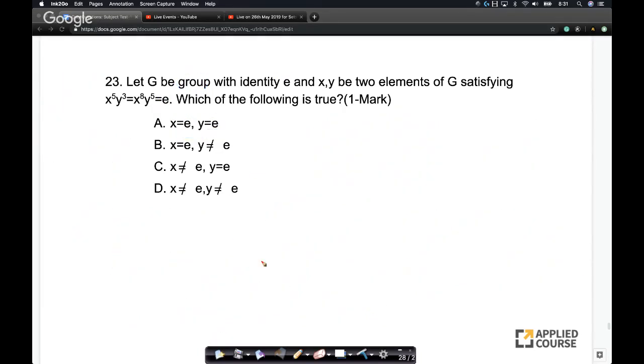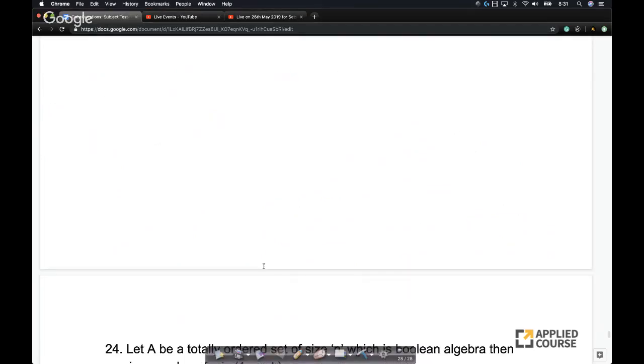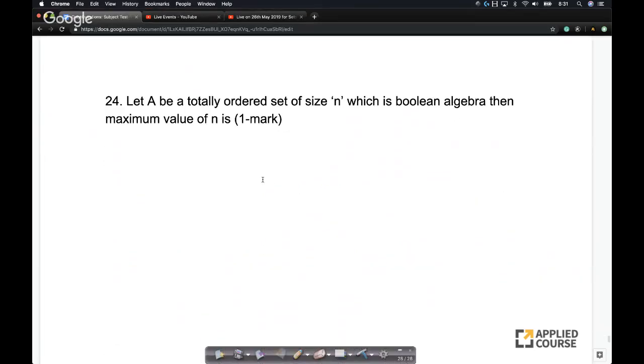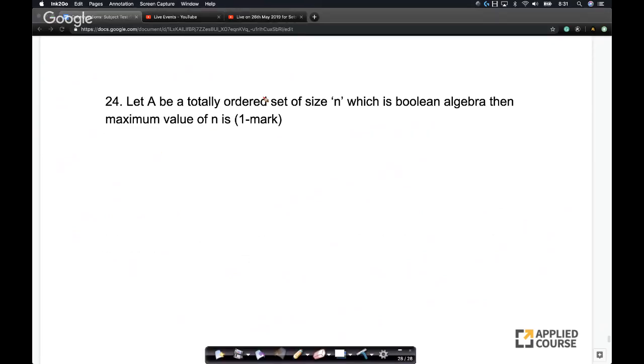Okay. So we have two more questions. Again, most of these questions are straightforward. I'm very happy that we have done at least. Actually, this is straightforward, right? This question we actually discussed in the course videos also. So we saw that a totally ordered set is going to be a Boolean algebra. We define what a Boolean algebra is only when n equals 2, right? This is something that we discussed as an example for Boolean algebra.